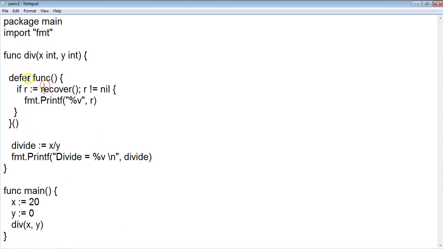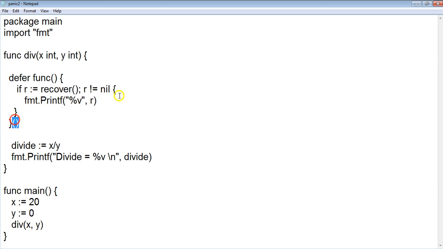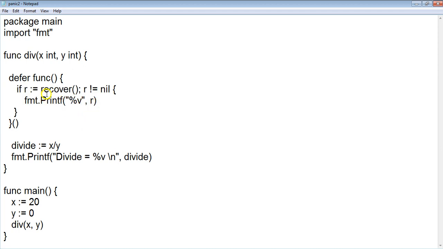Makes sense? So defer function syntax is going to be defer followed by func with the function bracket, and there will be an opening and closing flower bracket, and finally you do have an opening and closing braces at the end, just to return a nil value. Inside the defer function you make use of a simple if statement. We have already seen the if statement syntax, which is going to have a test case and a function which is given within the flower bracket on the inside.